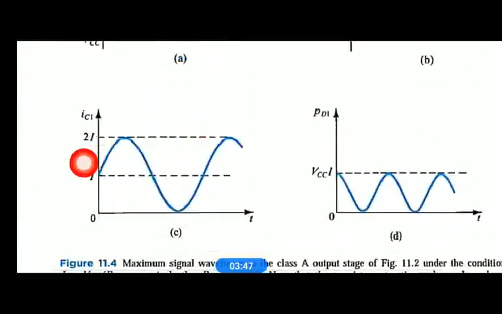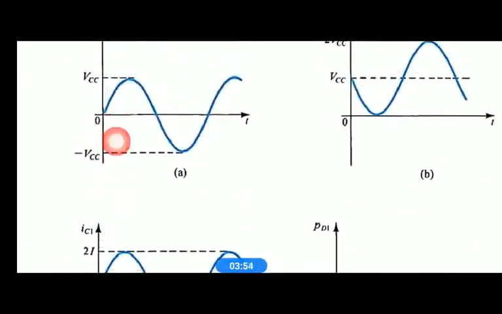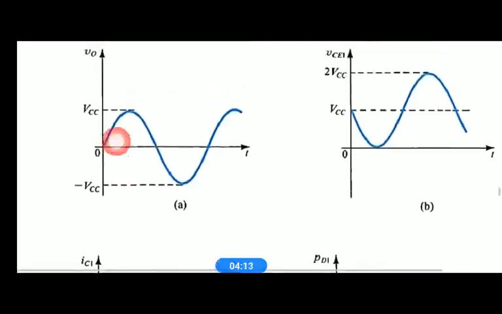The current flowing through IC1 of transistor Q1 is I. Therefore the output voltage is 0, because the current flowing through transistor Q2 is also I. So IE1 is approximately equal to IC1, both are I. There is no load current, so IL is 0. In the same way, the voltage VCE1 between collector and emitter is VCC.